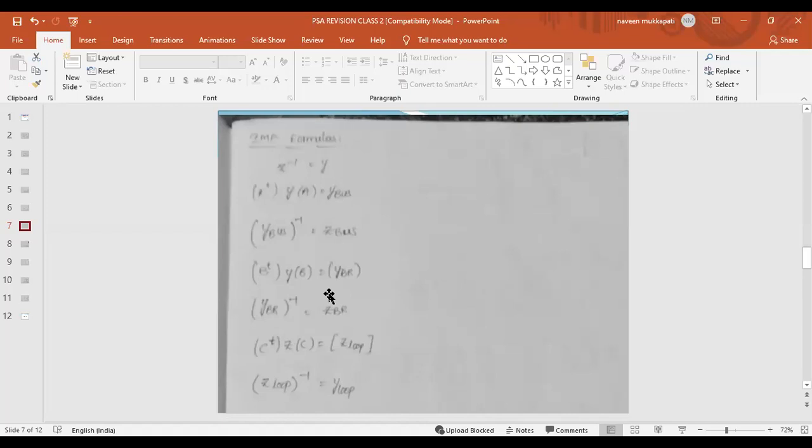By using these formulas only, we calculate the Z bus matrix or branch matrix and also the loop matrices, by using the A transposed A matrix, A transposed A bar matrix, B matrix, B bar matrix, C matrix, and C bar matrix. We calculate these matrices by using the oriented graphs.